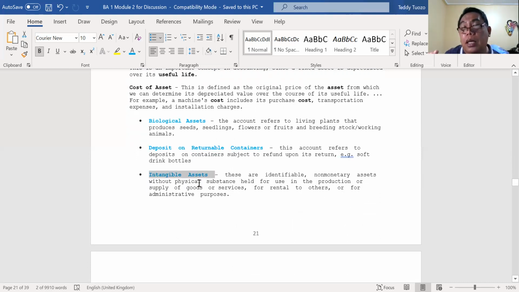Remember our returnable deposit. Remember our example of the deposit on rent, no? That is an example for a returnable deposit. But another good example would be the soft drinks. Actually, when you buy soft drinks, for example, inventory in your store, if you have a sari-sari store, initially the cost of the bottles is different, and the cost of